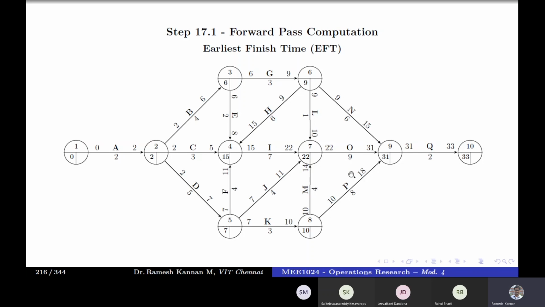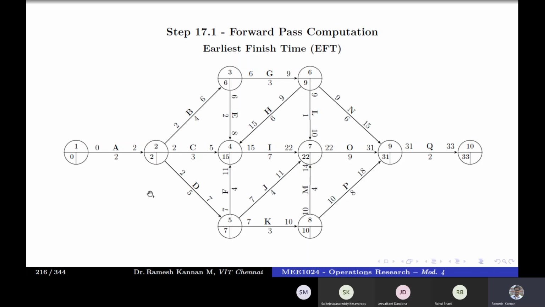This is one step, the 50% of our computation. We have only done the forward pass computation. Forward pass computation will be the simplest one, and it's pretty easy because it's natural for us to compute from left to right. But the backward pass is where generally people will make a mistake. The reason is that we'll be calculating not only backward. In a forward pass, we take the maximum value and put it in the bracket, but in the backward pass, we'll be finding the minimum value. So that is very important.